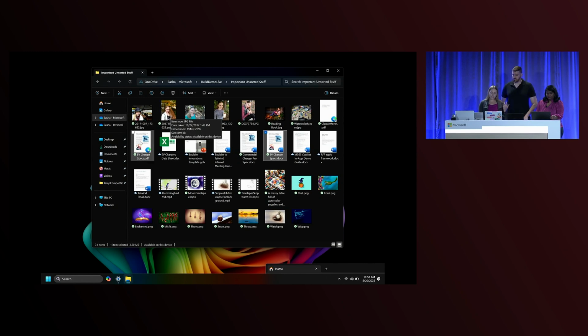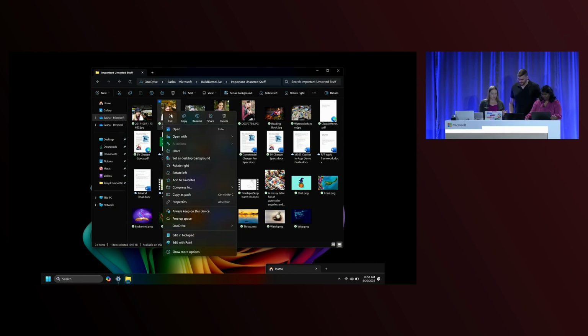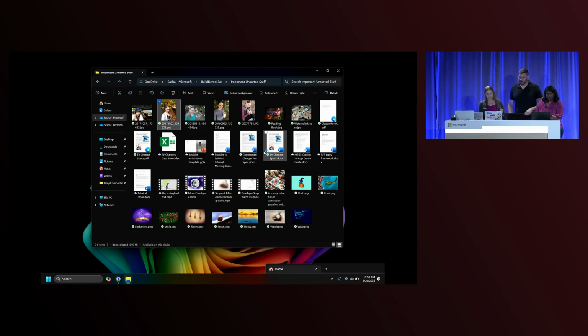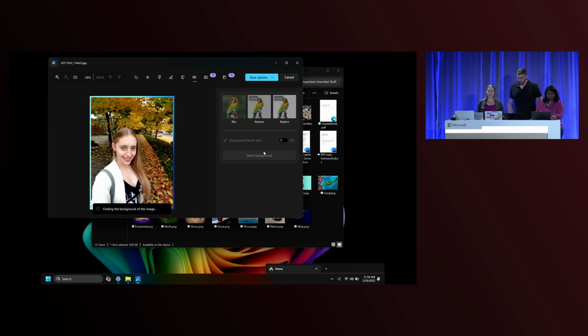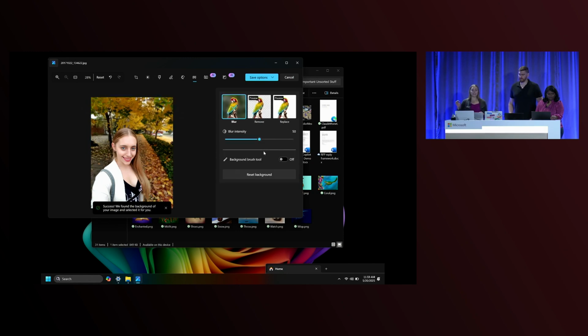And then just to show you another example, you've already seen an example of a handoff action where it launches UI directly, but let's show another one anyway. So here I'm in my file explorer, and let's say I want to add a headshot. And I'm looking at these headshots, and I'm going, you know what, they all kind of have busy backgrounds. So let me grab one of those and look at my AI actions, and oh, look at that, I've got blur background with Photos. So I'm going to go ahead and run that, and you can see the moment that I click it, we hand off the experience to the app that provided the action. In this case, it was Photos.